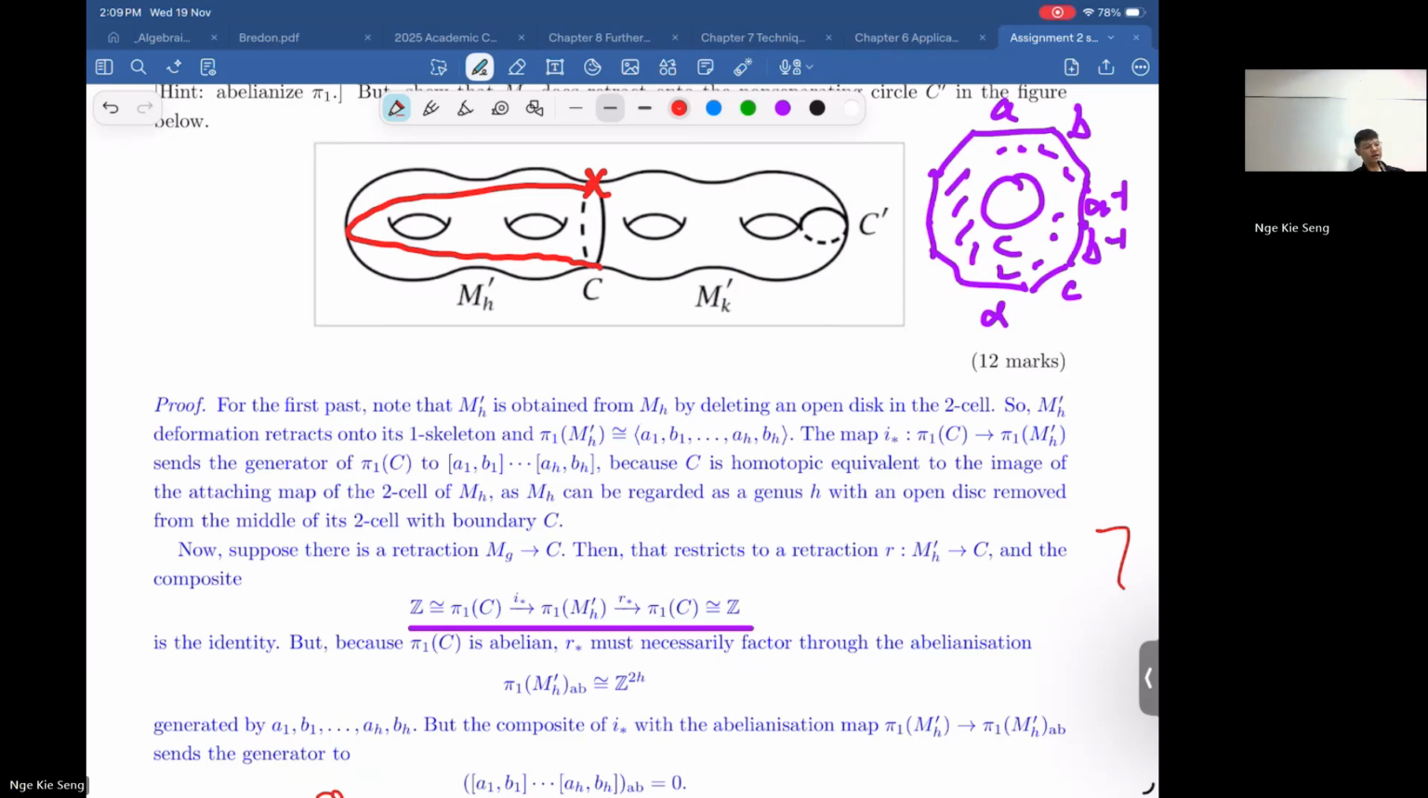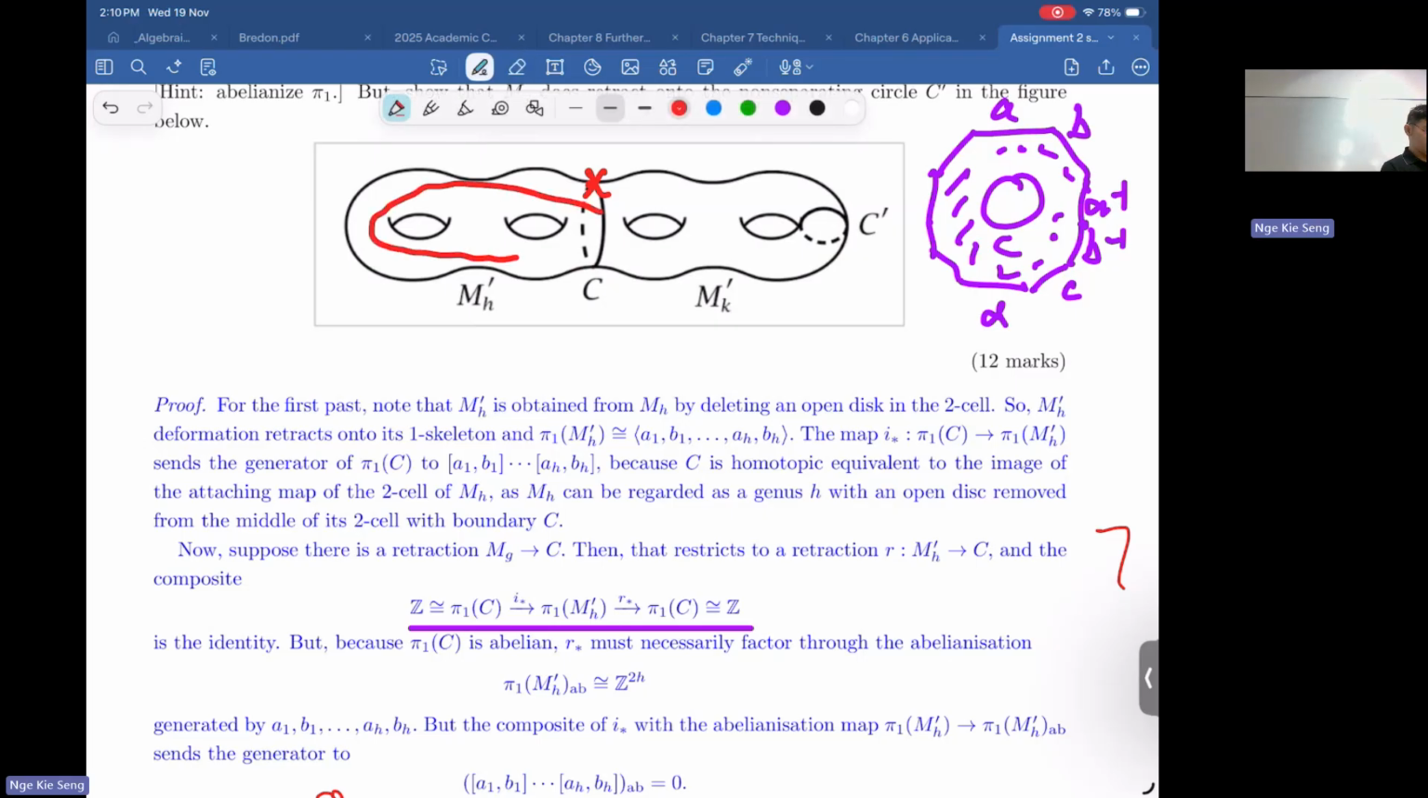Can I pass through this hole? Let me think. Can I pass through this hole? If I push it here a bit, can I pass through this hole or not? So maybe